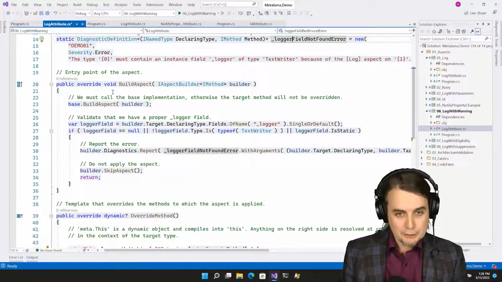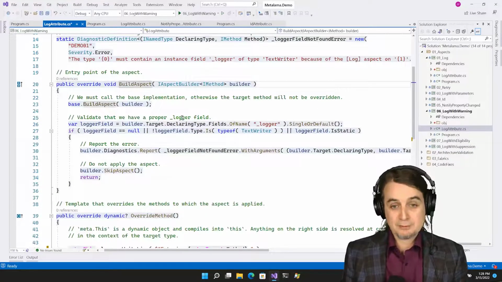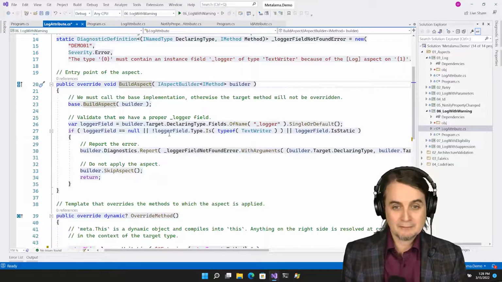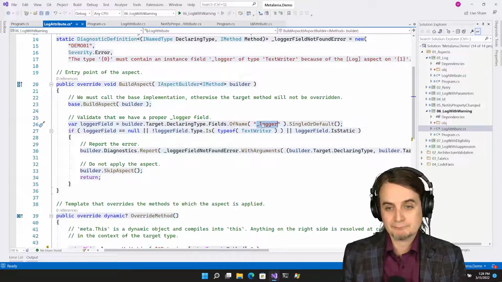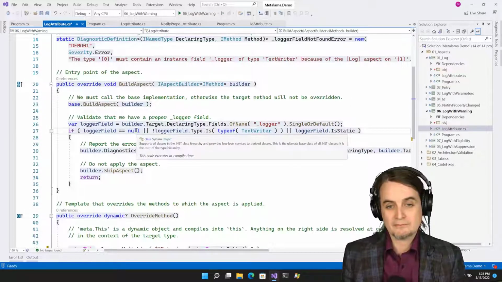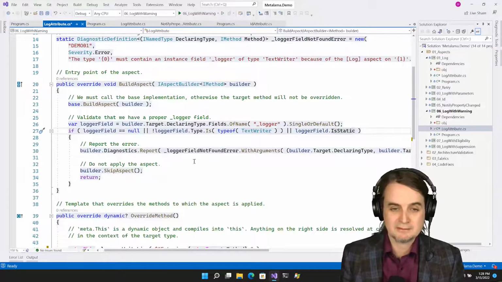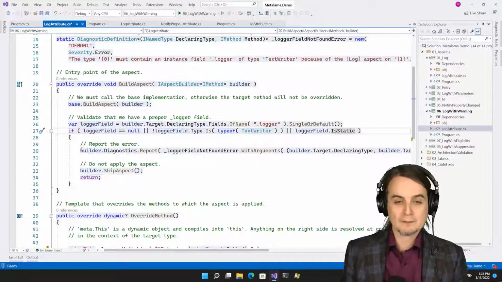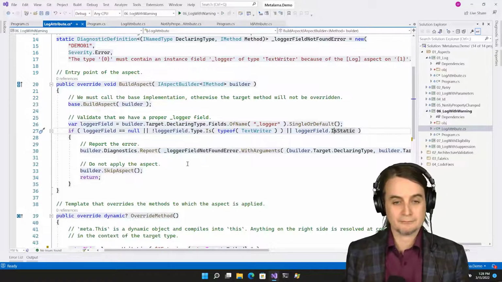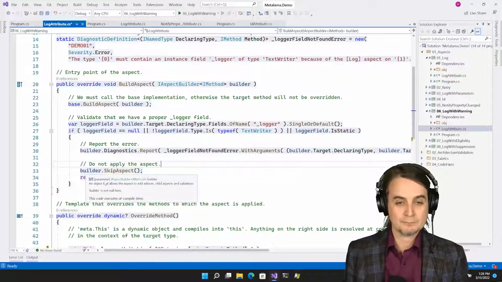Now you go to the entry point of your aspect, which is BuildAspect, and you use the code model to find the field that you want. If the field does not exist, or if it is not of the right type, or if the field is static, then you would report the error that you want. And then you say that the aspect should not be applied.